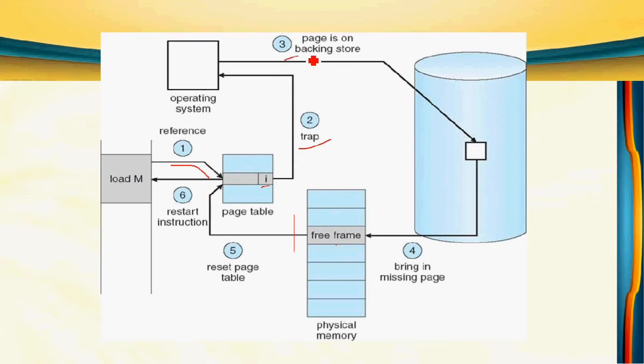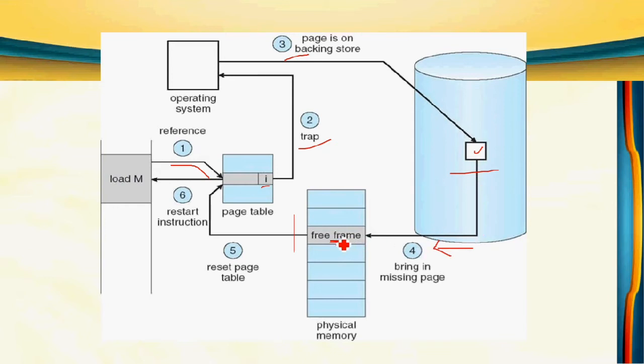Then the third step, where the page will actually be in the hard disk. So here we have a hard disk. This is our required page. It is in the hard disk. We have to find the desired page, and then in the main memory, identify the free frame. Free frame means a free location. So in that location, move the desired page from the hard disk. So from the hard disk, bring the desired page to the main memory.